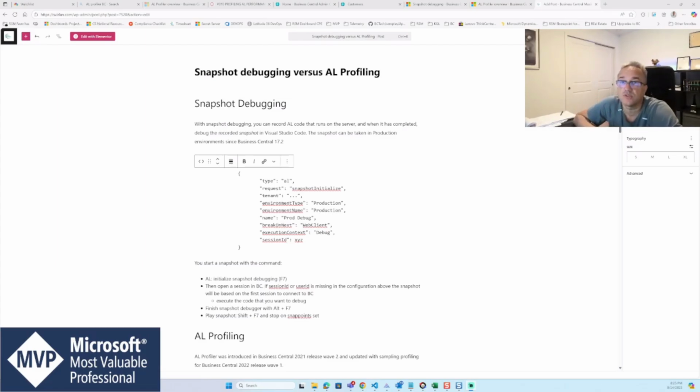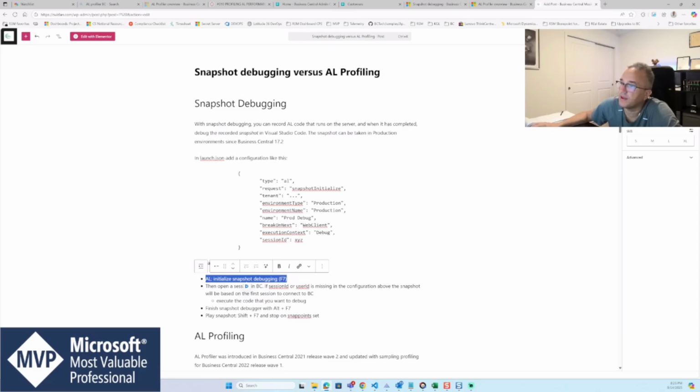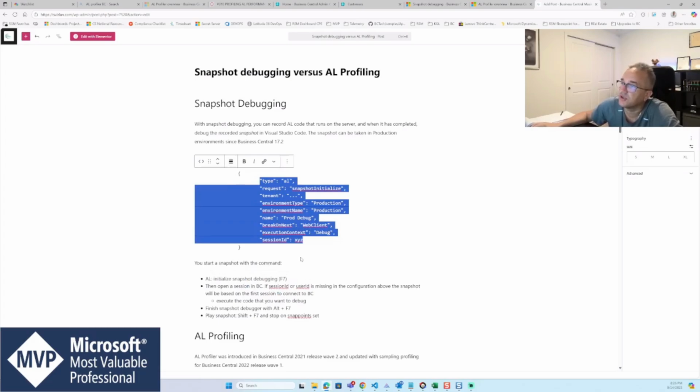You can navigate through the snap points and analyze the code and figure out in the end why you've got a certain error, for example. So that's snapshot debugging, and the process is simple. You initialize a snapshot debugging with the key F7. Then if you don't have a session ID or a user ID in your configuration,